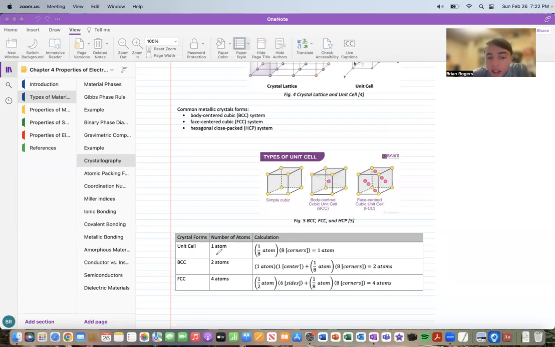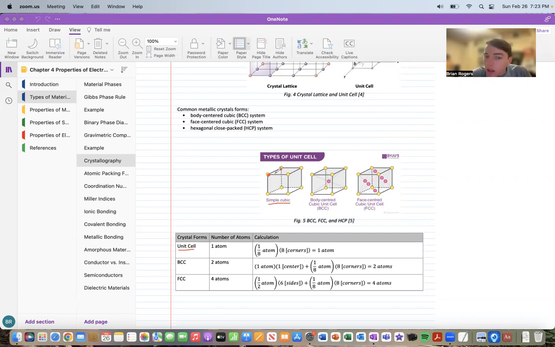Okay, so let's look at these calculations. So for crystal forms, if we have a unit cell here, right now we're looking at the simple cubic structure. And so what we're going to notice is how many atoms are within this simple cubic. Well, you got to recognize that these atoms are a sphere. And so you're going to notice that only 1/8 of the atom is actually within this cell here. So 1/8, meaning this sort of corner of that atom, this little corner, there's only 1/8 of it that is within the